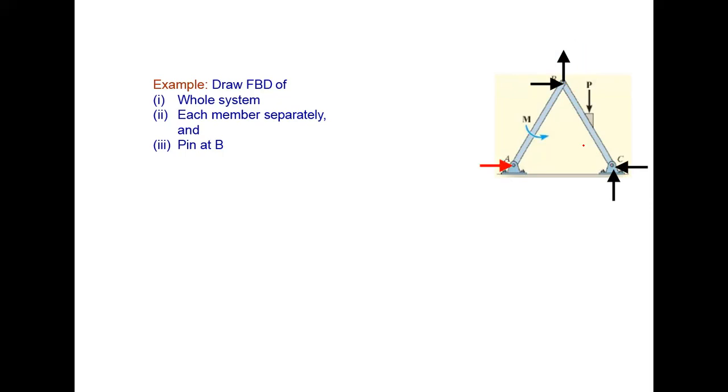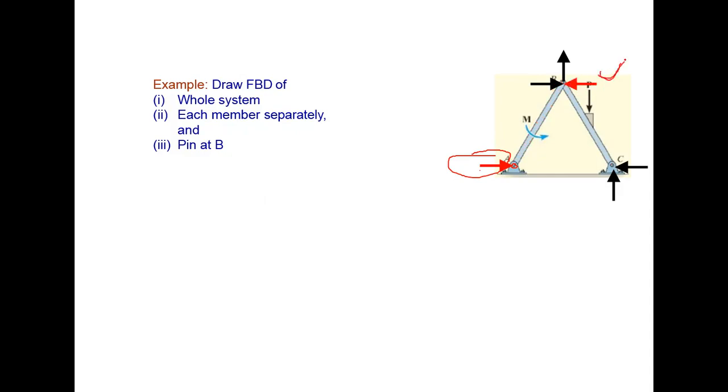Now what to do? Next, let's consider this pin joint A. In the same fashion, as we have already understood how we applied reactions at point C, we can apply reactions at point A. So let's apply a horizontal reaction at point A. To balance this horizontal reaction, we must apply a horizontal reaction at point B, because this AB link is being balanced by these two supports, one at A and another at point B. So if you apply some reaction at point A, it has to be balanced by some reaction at point B. So let's apply a reaction here.